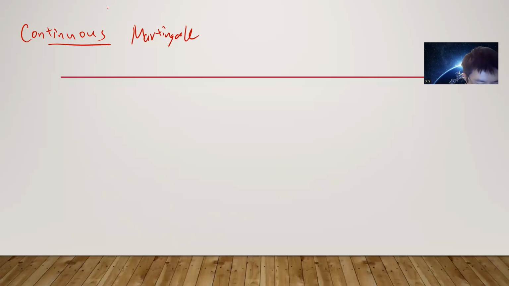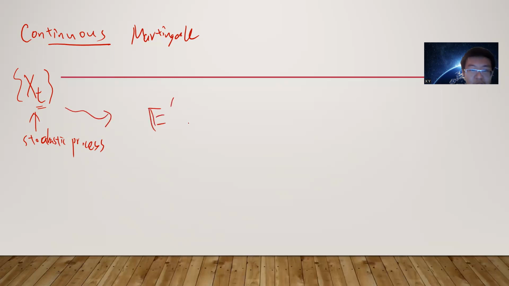So the continuous martingale, the definition goes like this. Let's say you have some stochastic process X_t. A stochastic process just means that each continuous variable t gives you a random variable. And what you require is that the expectation value of X_t, given that you know all previous times, so for all s less than or equal to t,